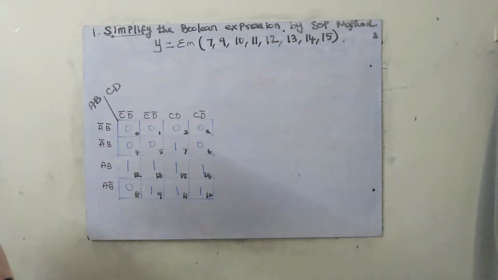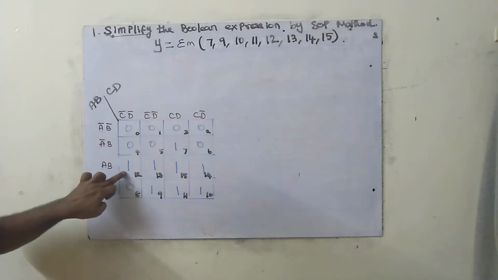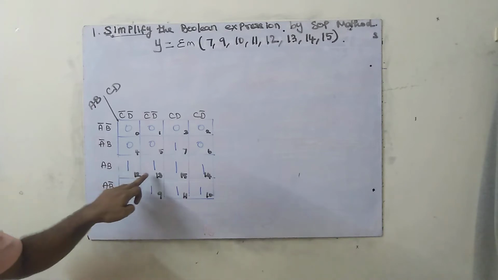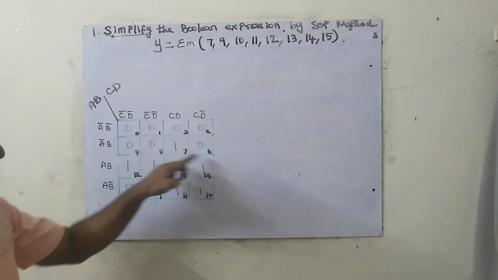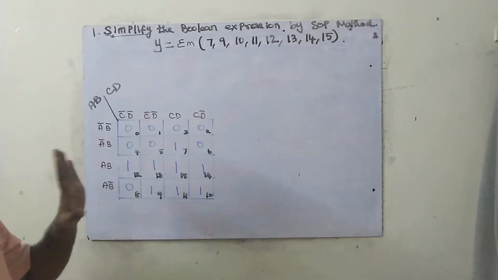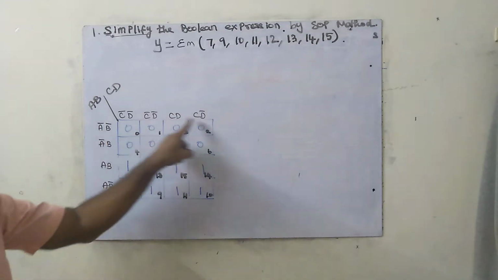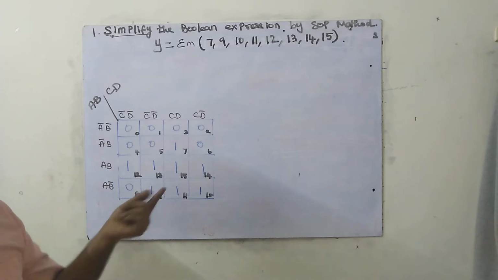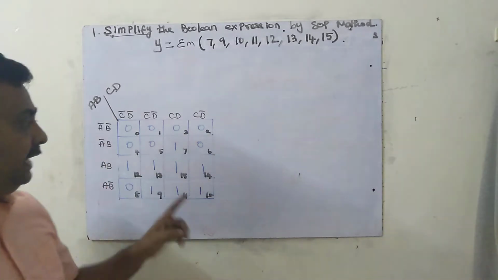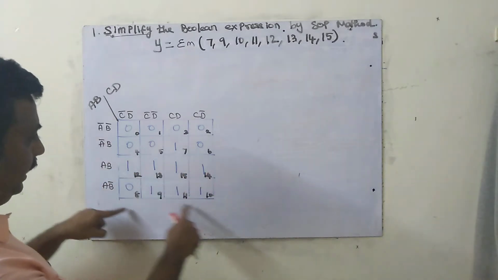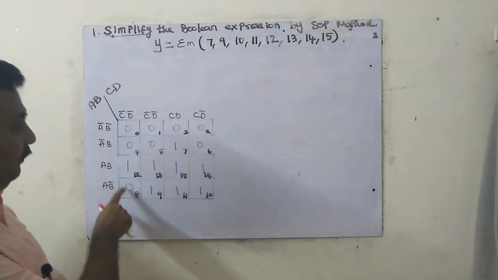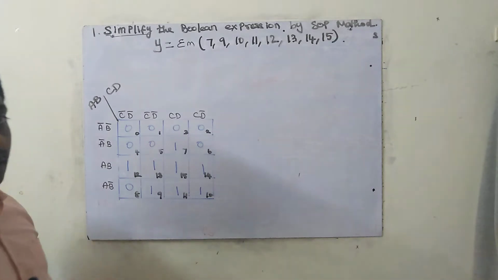Okay, now how can we box it? See, check this one. I am not talking about any other one. This one I can box like this, or like this. Next we have to box. Is it possible to box all these 16? No. For a box, inside it only 1s should be there. Is it possible to box 8? I cannot box 8 because here 0 is there. If this is also 1, I can go for a larger box, an 8 box.